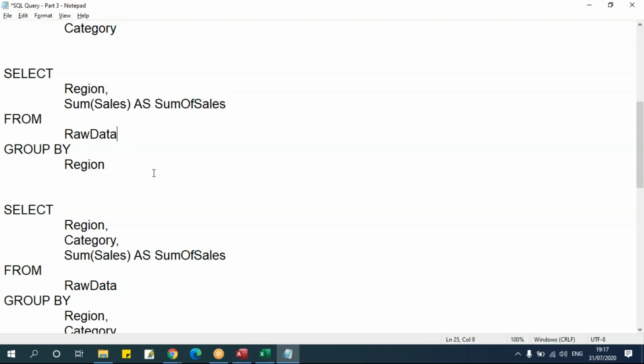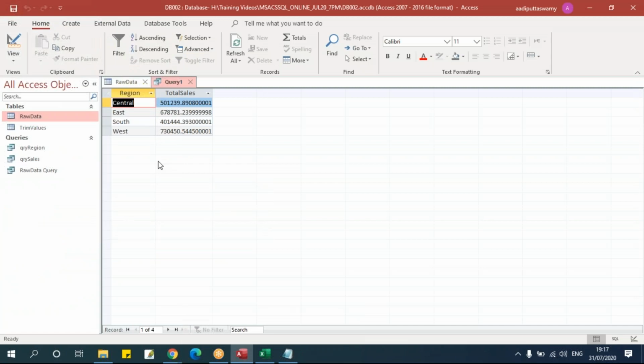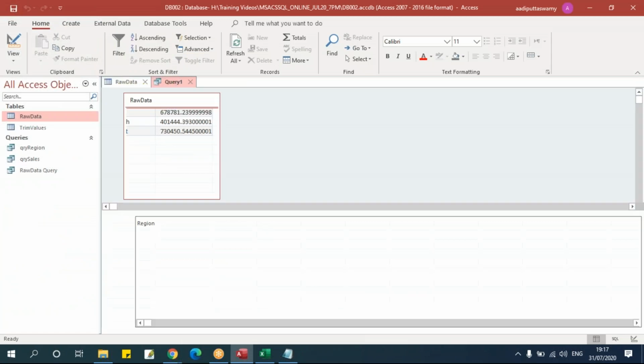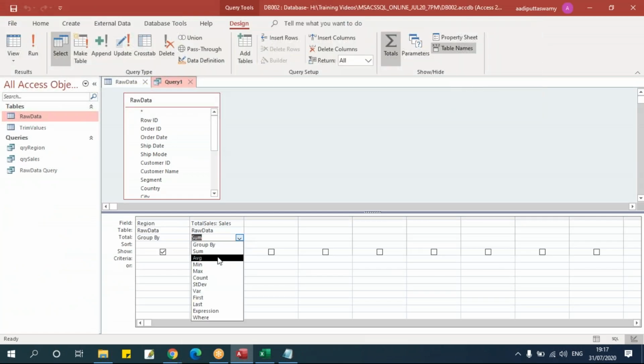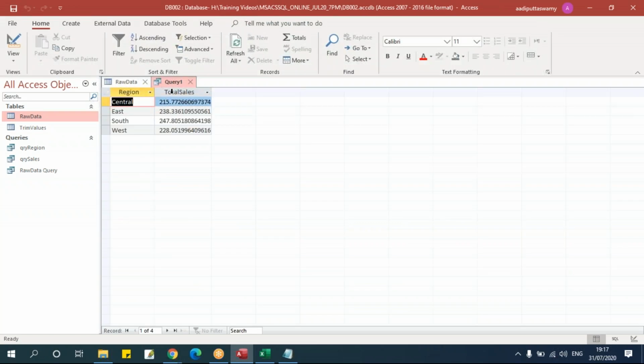Suppose if you want to calculate average. So let's go here, right click, say design new, just change this to average. Run this. This will give me the average of the region. Suppose if I take one more column, then the combination of those two, I will get the average. Right click, design new.